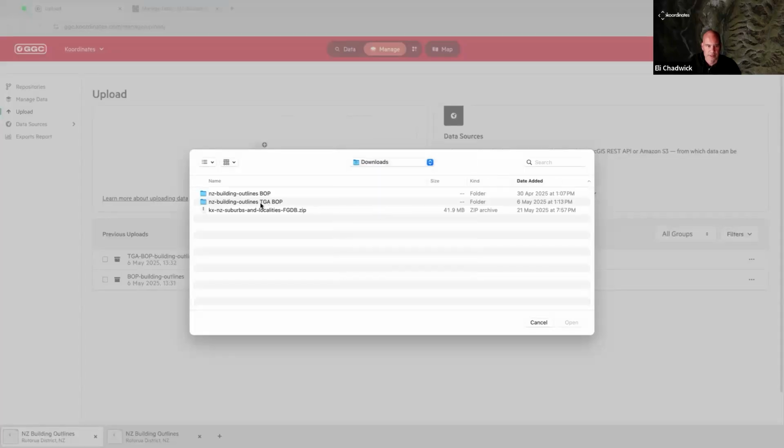So what I've got here, just to explain what I'm about to load up: the current method for doing an update in Coordinates is you have to include all of the features that are in there already, and then you have to add the new stuff to it. So in here, I've got the same data set that I already have loaded, and I've added the Tauranga building outlines. So if I grab that